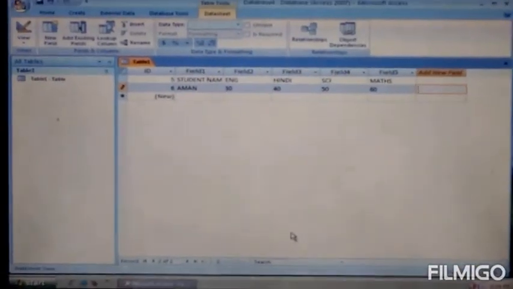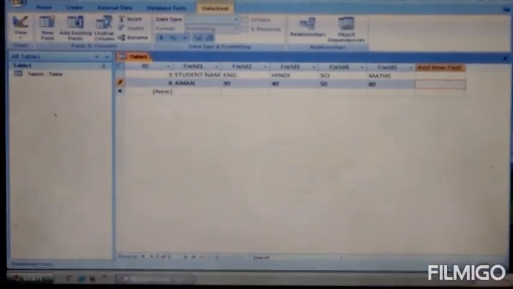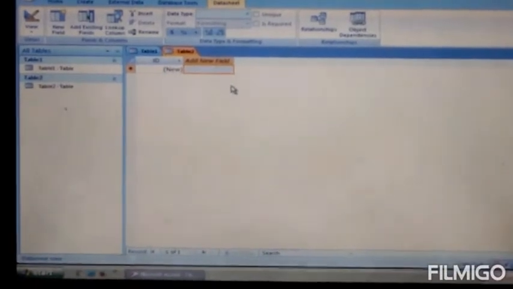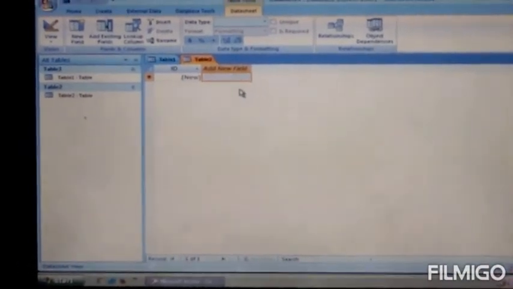Now we will discuss how to work with tables. To create a new table, click on the Create tab, and this is the Tables group. Select Table. Like this you can create new tables. You can enter records here in the same way.